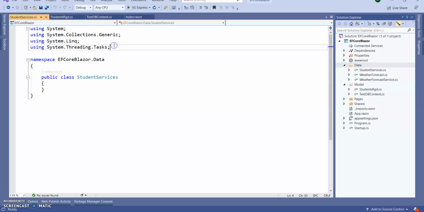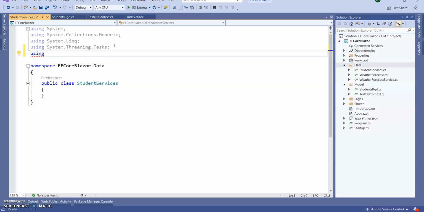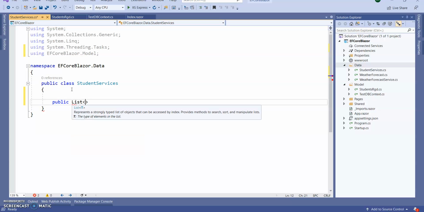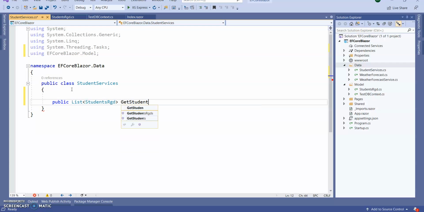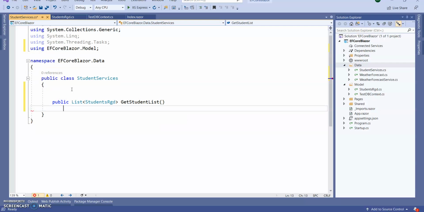Here I'm using my application name dot Model folder. Inside the class I'm going to write a public List, which will return a list of the student table type, StudentRegd, with the method name GetStudentList.